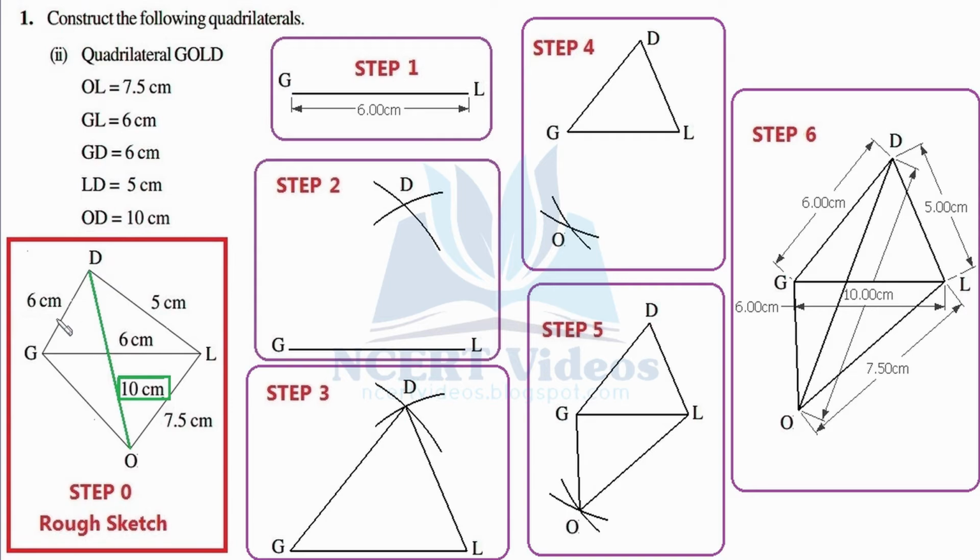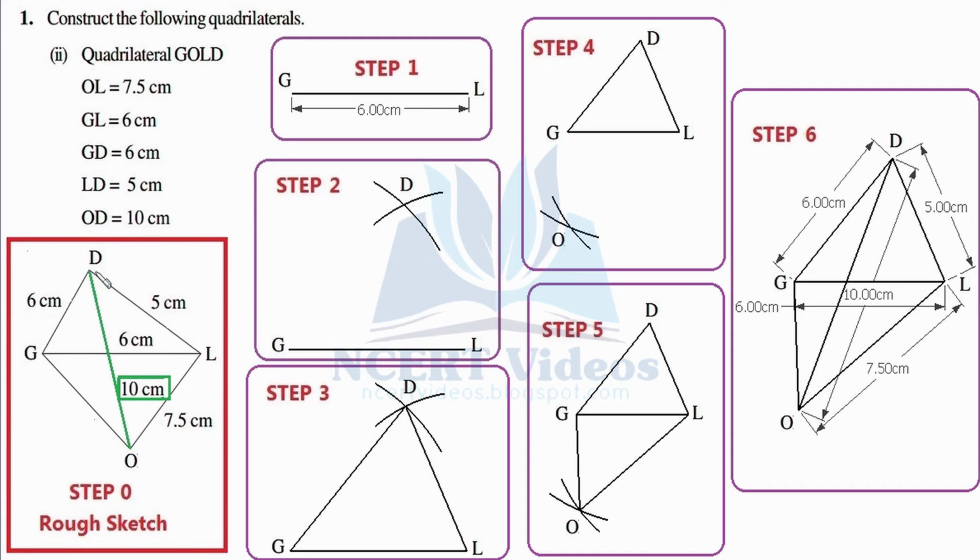So we will adjust our compasses at a distance of 6 cm because we are considering GD distance, and put our needle over here and draw an arc. Do not make a fault by placing needle over here because we have adjusted our compasses at a distance of 6 cm. Therefore, we need to place our needle at point G. After this arc has been drawn,